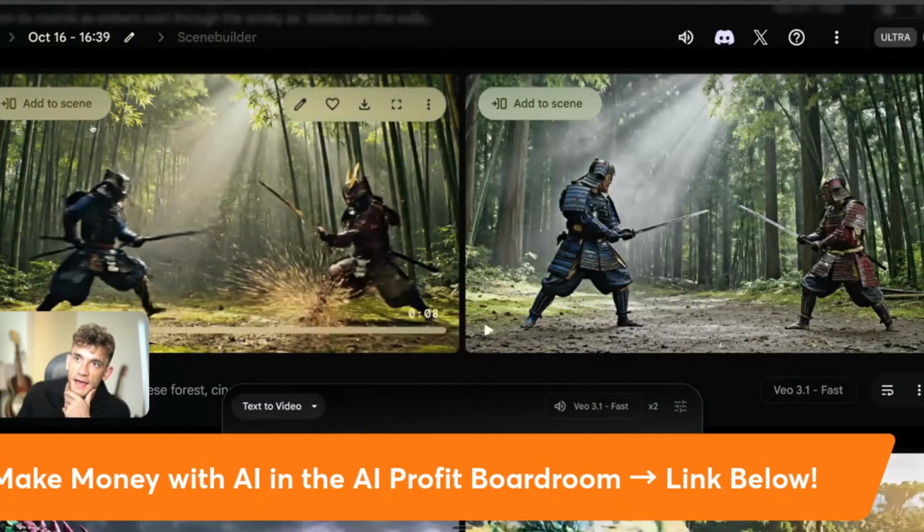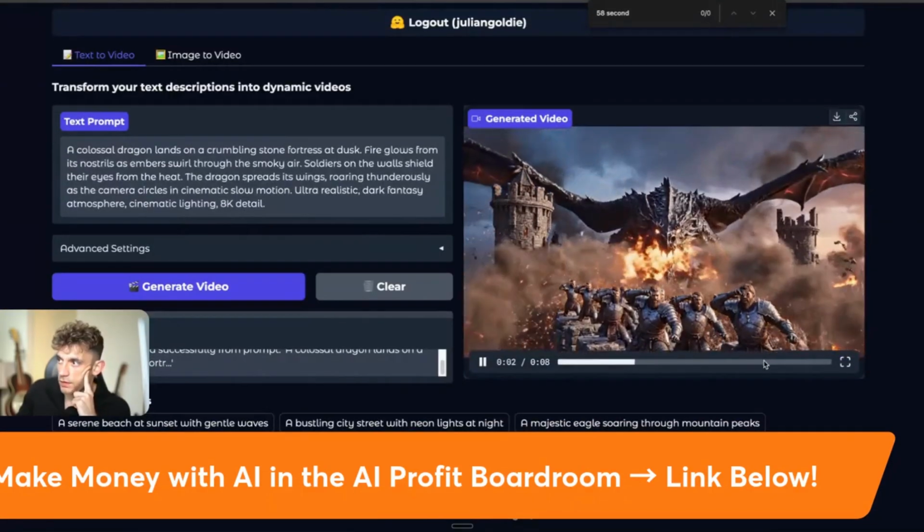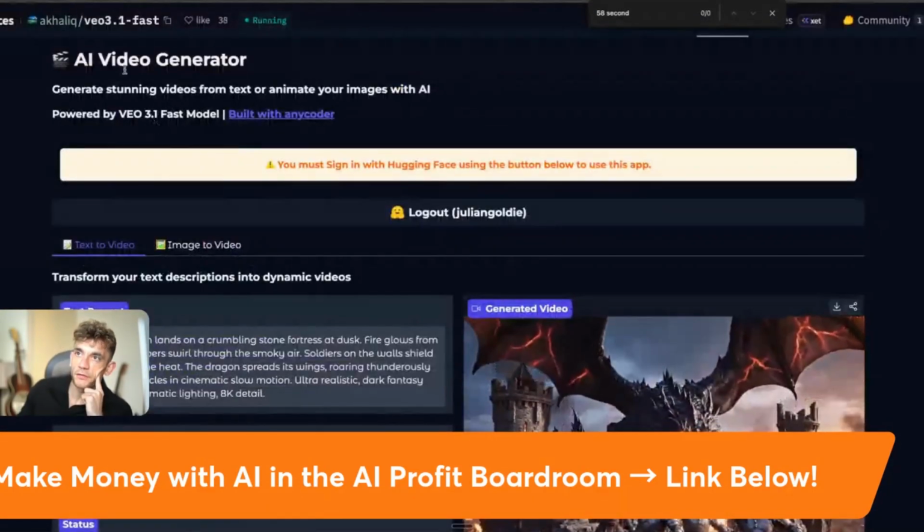But you can also click on add to scene. Add to scene means you can make the scene longer. There we go. So Hugging Face, that is free to use, by the way. If you want access to that,